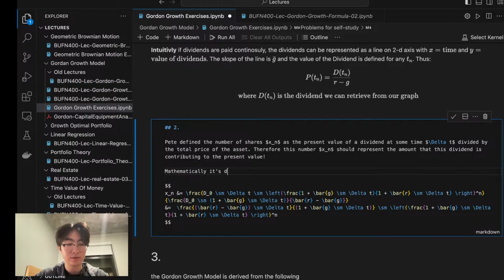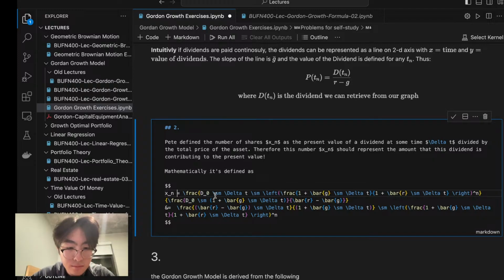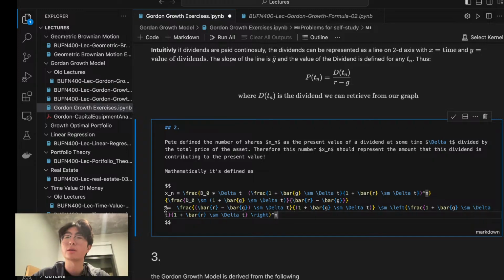Mathematically, it's defined as n equal to